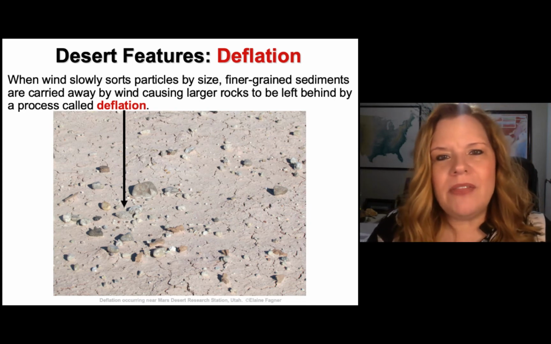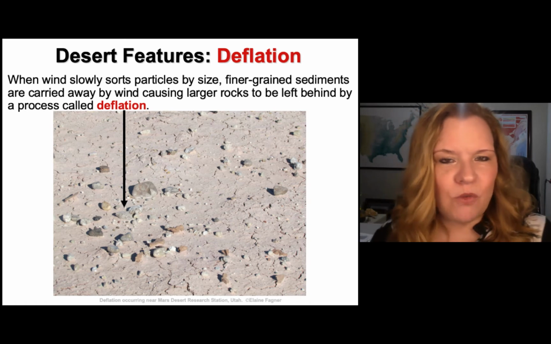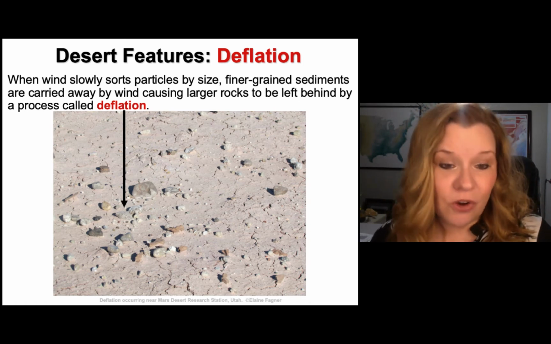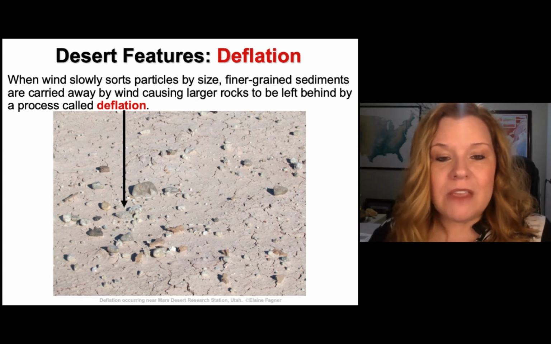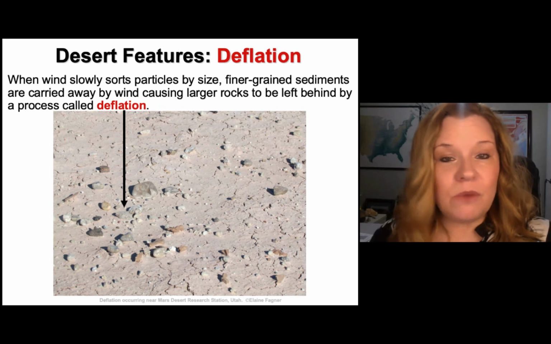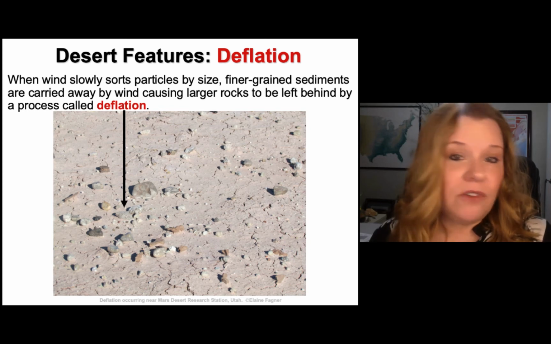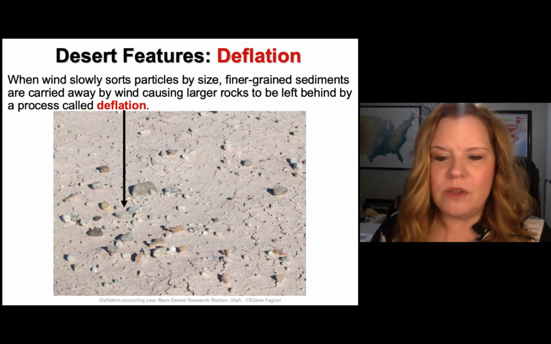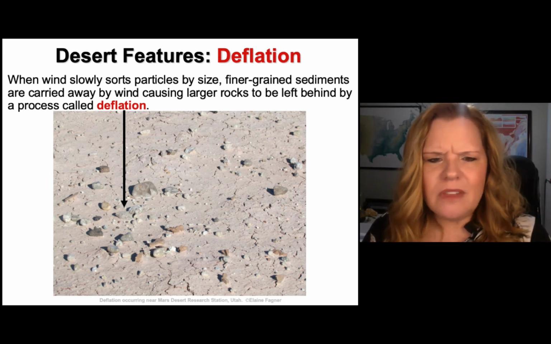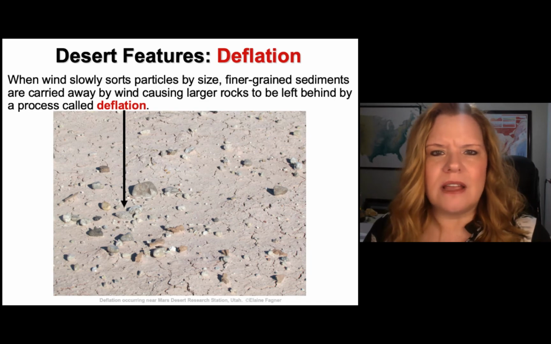Over time, that means you get left behind with a lot of bigger rocks, which is why you develop what I showed you in the outback in Australia or here. And you can see that these rocks are much bigger, and then the ground is just very hard. If you walked on this, it would not be soft. It's called desert pavement. And so that's one reason they're dangerous when you have flash floods, because this area has a lot of rocks that kind of prevent that infiltration.